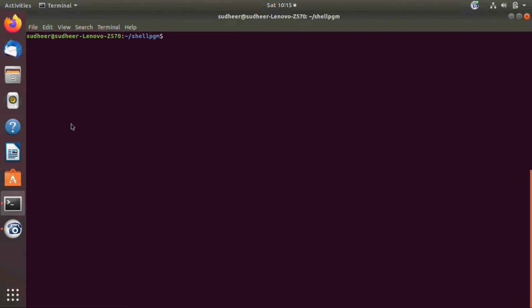Okay, so the next program is on case. Here we are reading the arguments from the command line and assigning all the arguments to the parameter, along with the case. Now let us demonstrate. This case in a shell script is used to read all the arguments from the command line.